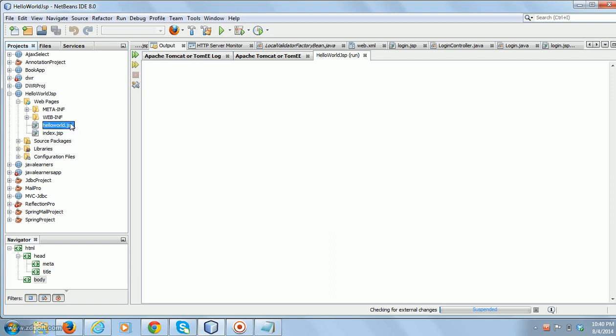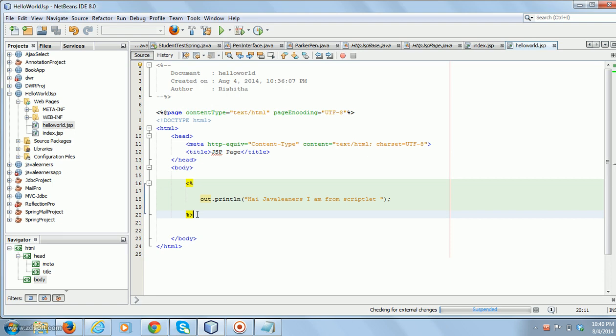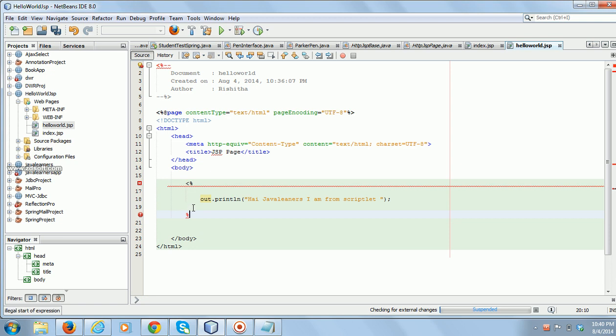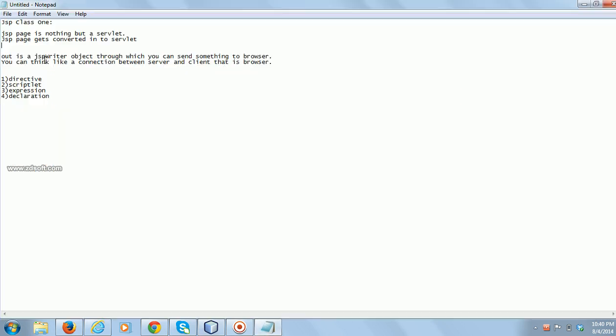A scriptlet should start with less than percentage and end with percentage greater than. We should not make any mistake. If we make any mistake, the container cannot convert this into a .java file.